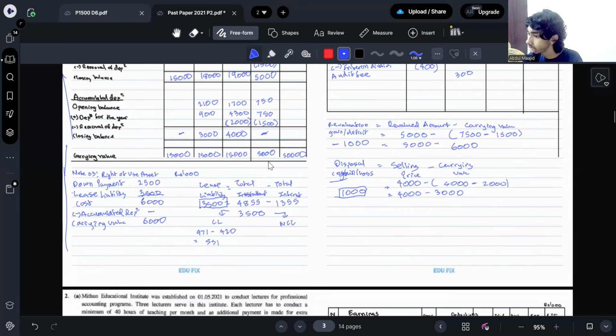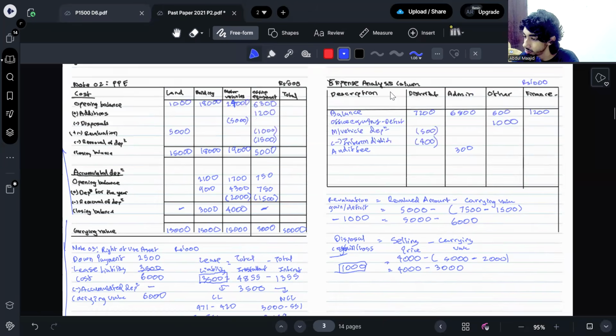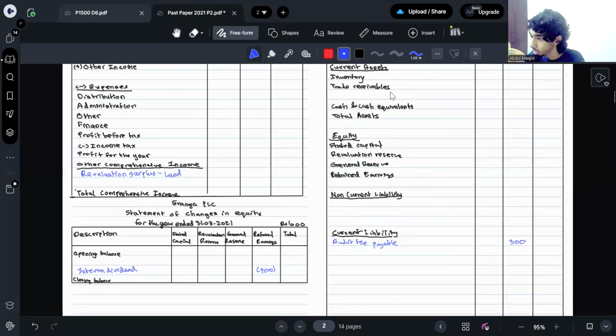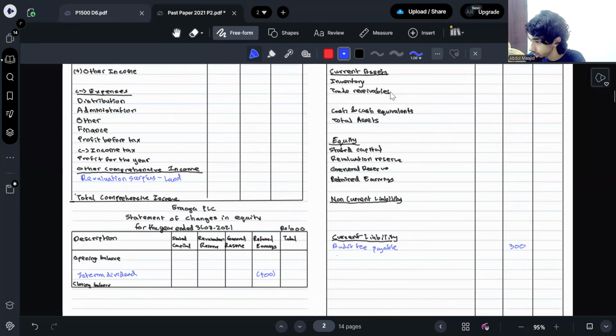551,000. And how do you find the non-current liability? The total liability amount minus the current liability, you will get the non-current liability amount. That will be 2,449,000. Now you can record this in your SOFP. Current liability in here, lease creditor,